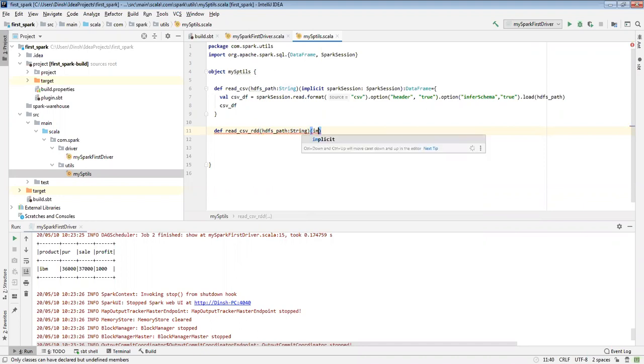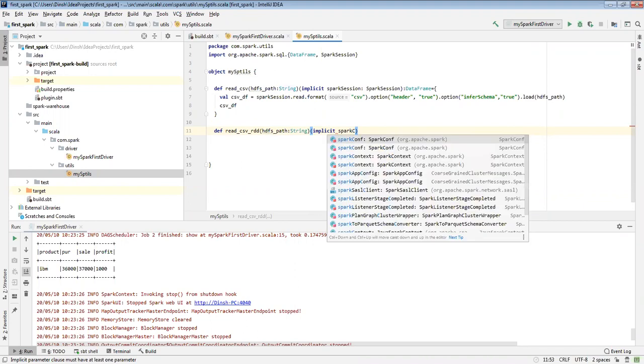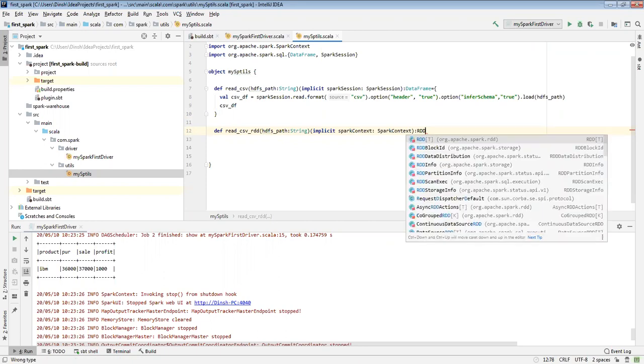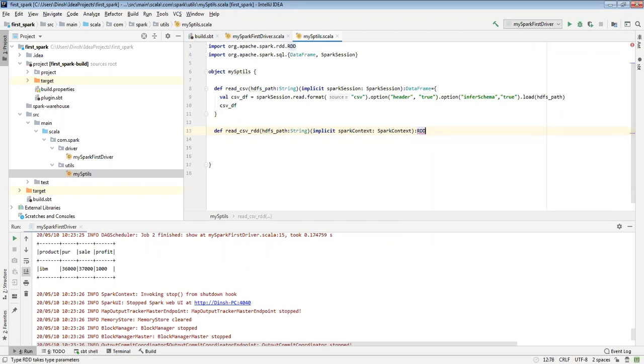Here I need to give an implicit import. The RDD will return, otherwise it will return a data set also.